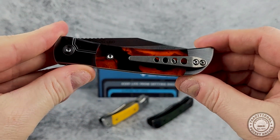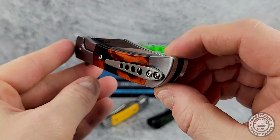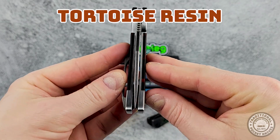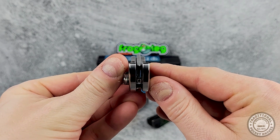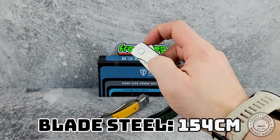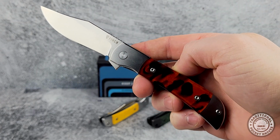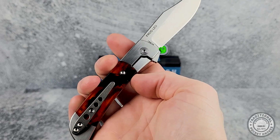We've got three versions of the Frog Leg in front of us, so let's start off with the tortoise resin model. This is a sharp looking knife, just like the blade, and we've got stainless steel bolsters and liners, a 154CM clip point blade, and it's all weighing in at 5 ounces. The deployment method is of course a flipper tab, as with all Finch knives, and it's a very nice action